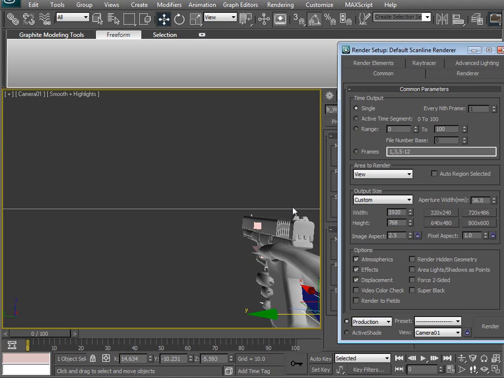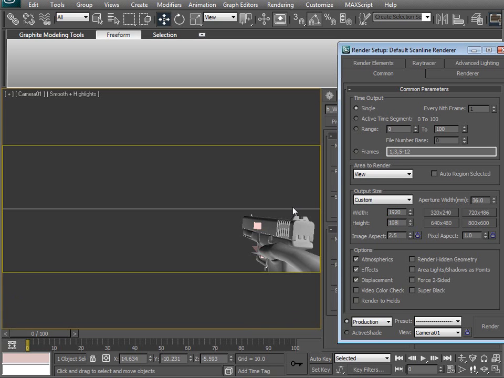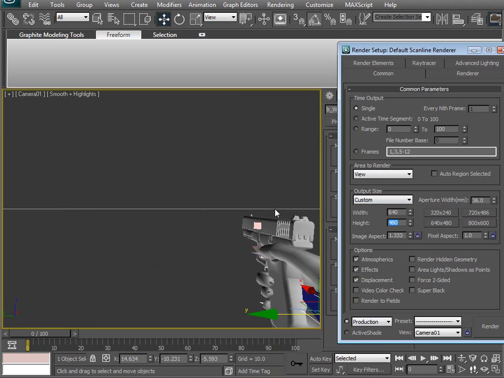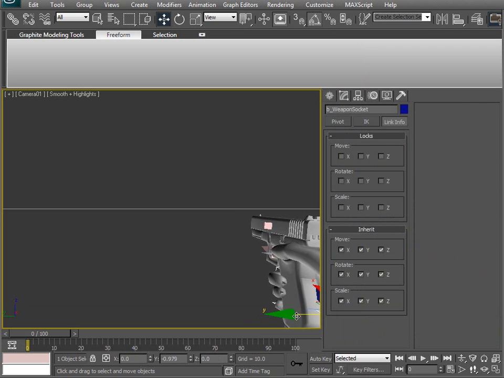Again, 1920 by 1080. It cuts off the hand a little bit. Let's just say worst case 640 by 480. So you want to try some of these different resolutions that are going to be available in your game, and make sure that none of them have the gun out of the view or something,